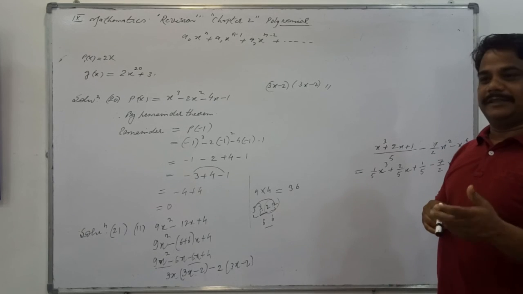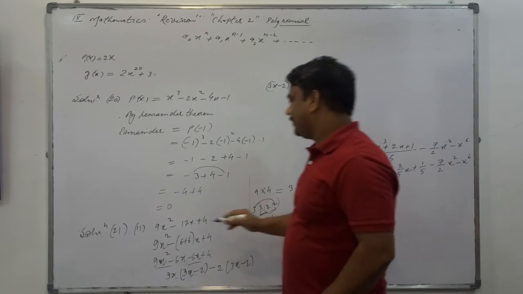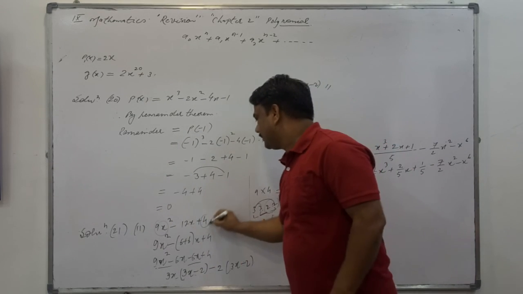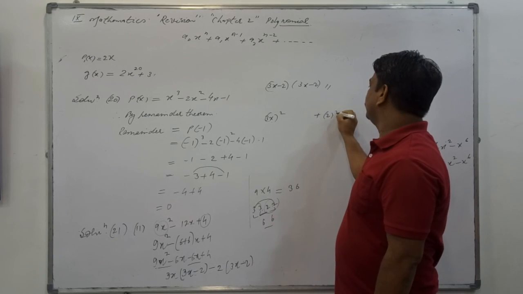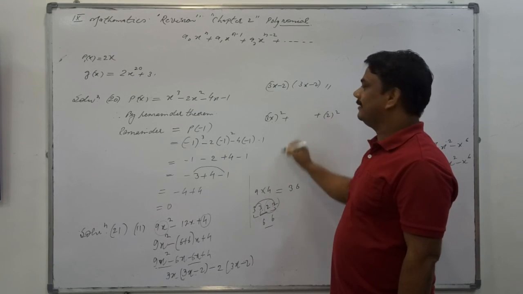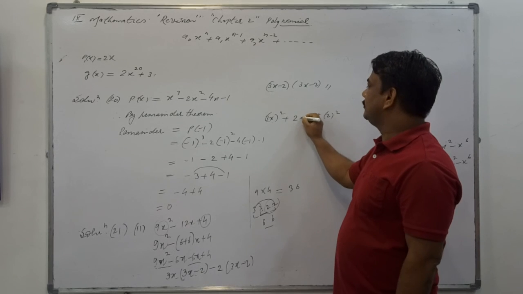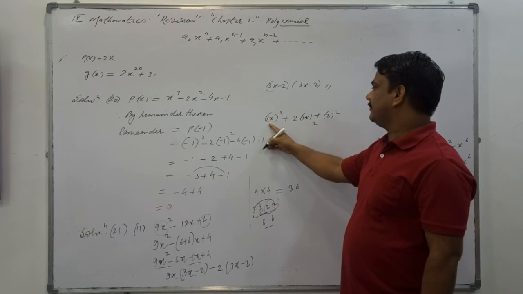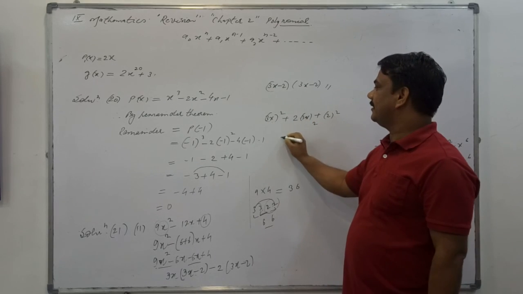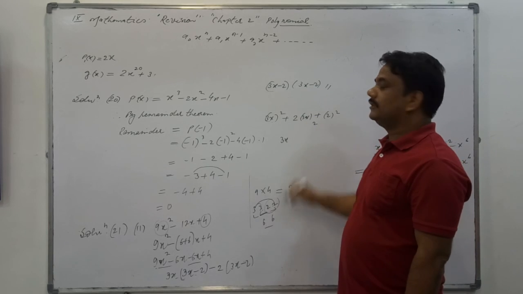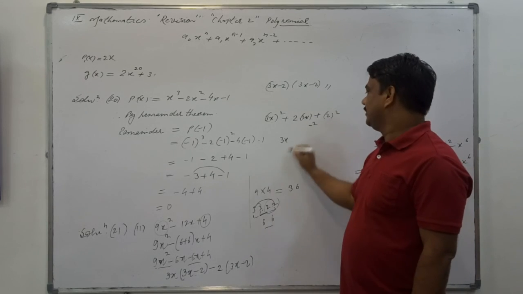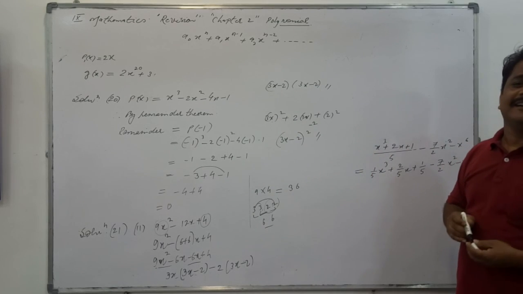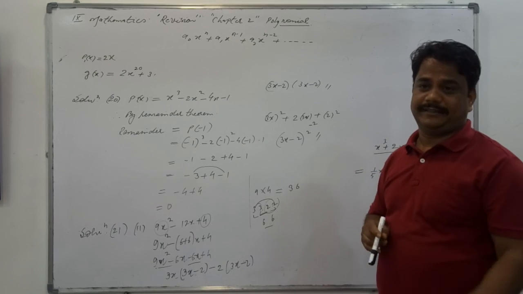You can also solve by the other method. The other method pattern: it can be written as 3x whole square, and it can be written as 2 whole square. What pattern are you observing? A square and B square, here must be 2ab. So the pattern is A square plus 2ab plus B square, that is the whole square of a plus b. But here b is minus, so it should be minus. So 3x minus 2 whole square. It is the identity method. Identity using here. Is that clear?